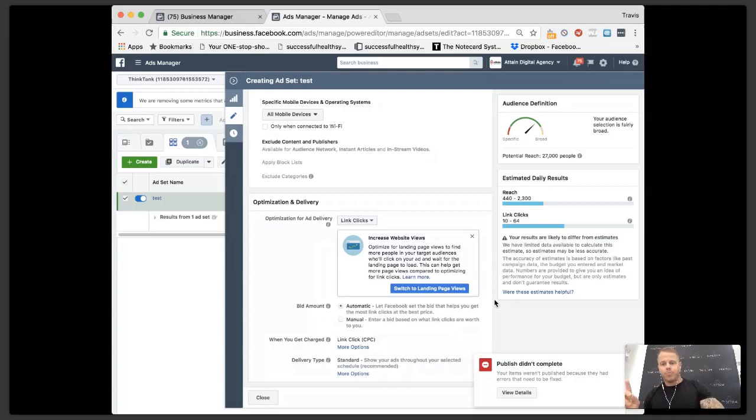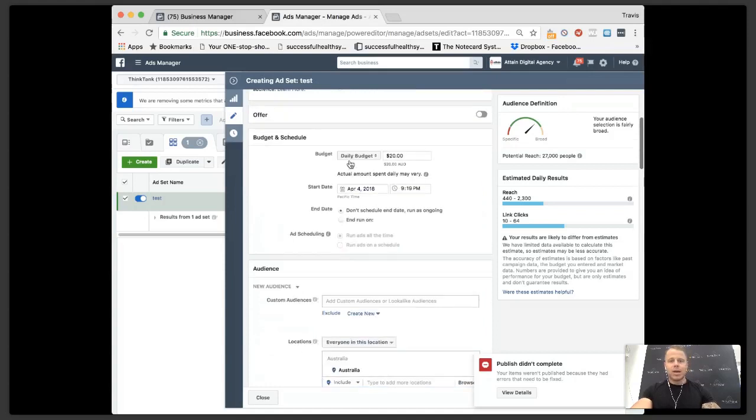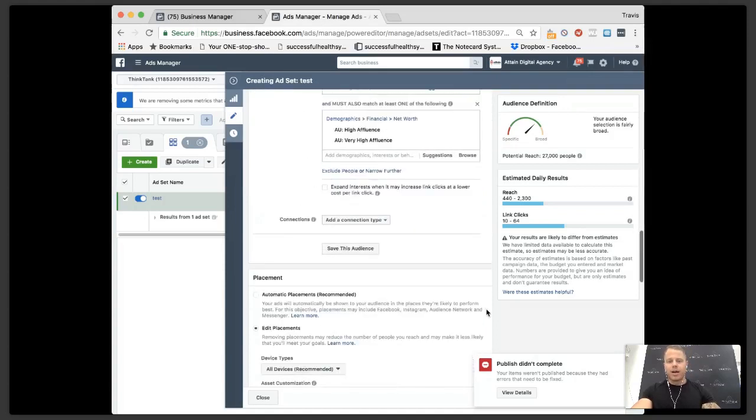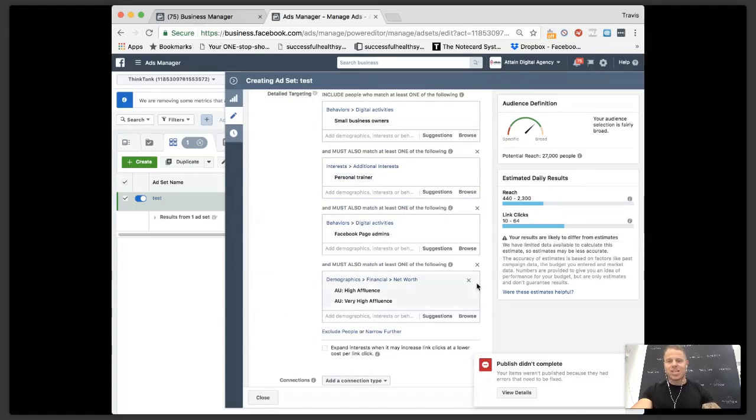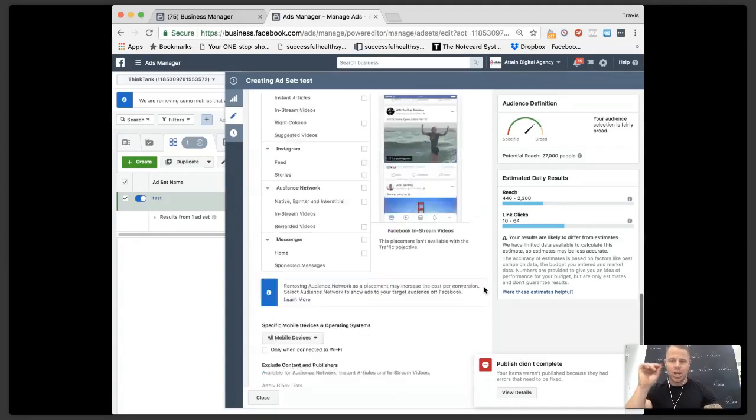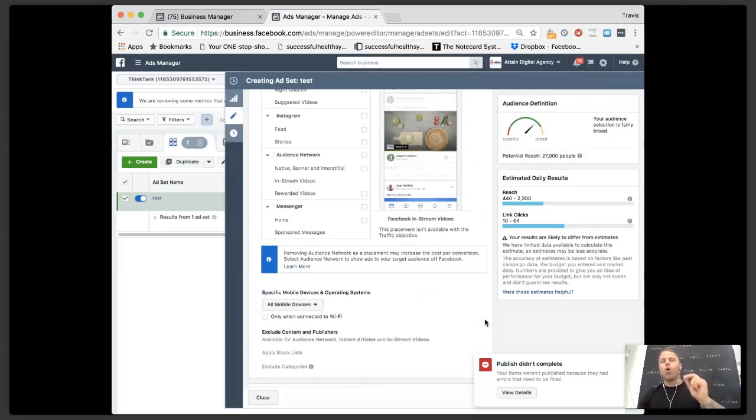So now, just as a crucial thing for all 18 of us still on here right now, we know we're spending $20 a day and we're marketing an offer to 27,000 people, which is hyper targeted, which is our niche. And we're going to get for that $20 a day about 10 to 64 clicks. Okay, just so we understand. So let's even say we go on the lower end of 10 clicks a day. Now our landing page should be converting at a minimum 10%. So if a landing page is converting at 10%, 1 in 10 who go to our page actually opts in and gives us their details.